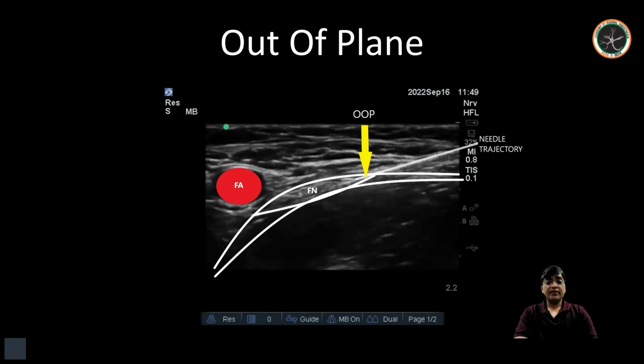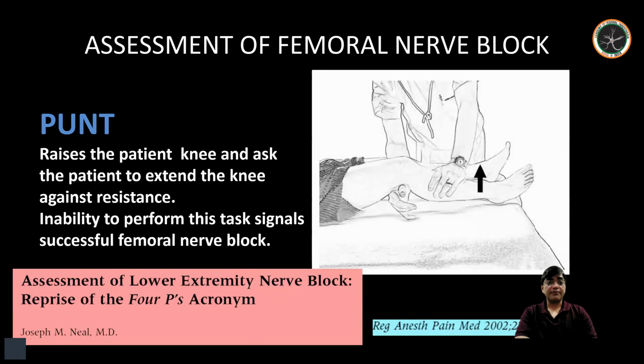For the out-of-plane technique, we don't usually do an out-of-plane technique for a femoral nerve block, but if you aim to do an out-of-plane technique, you have to target the same lateral margin or lateral edge of this compartment which contains the compound femoral nerve. For assessment of the femoral nerve block, we ask for the splinted movement of the leg,